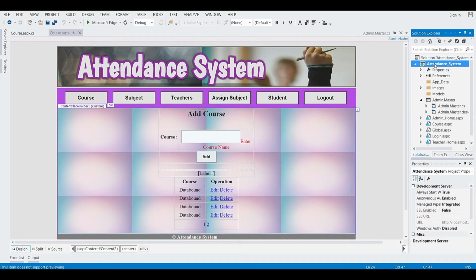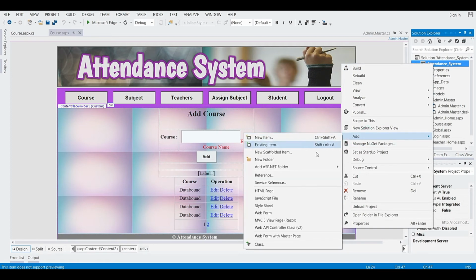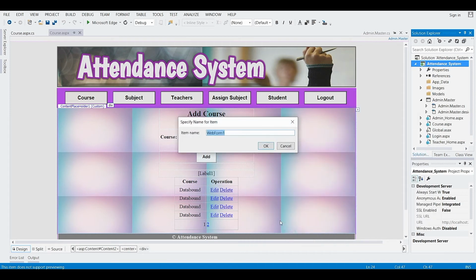Right click on your project, then click on add. Web form with master page, and name it as subject. Click on OK.